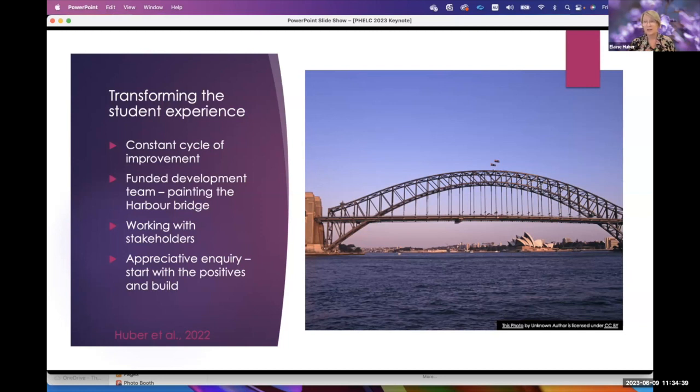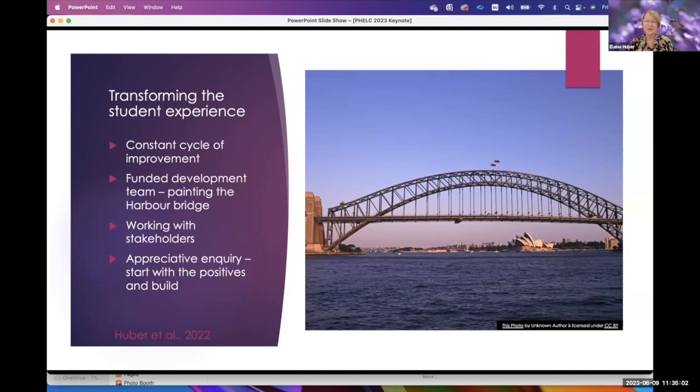It's a funded project, and we often refer to this idea in Sydney about painting the Harbour Bridge. It is iterative, because by the time you've painted and improved this huge thing, this large cohort, this class, by the time you've got to the end, it might take a couple of years, and then you start again, you paint it again.